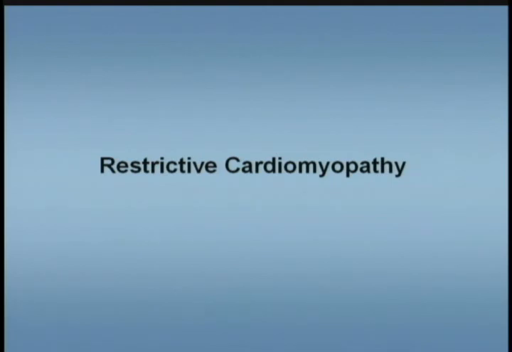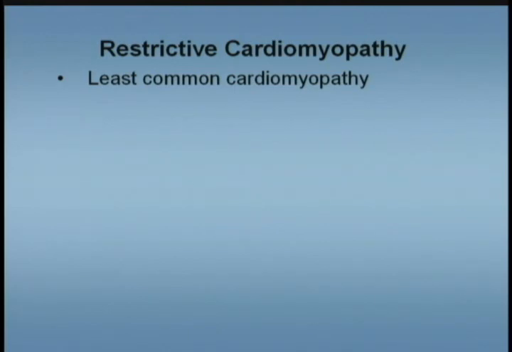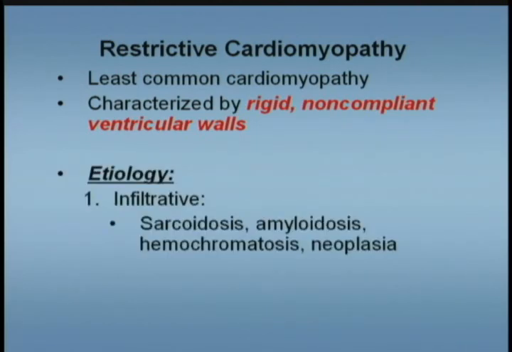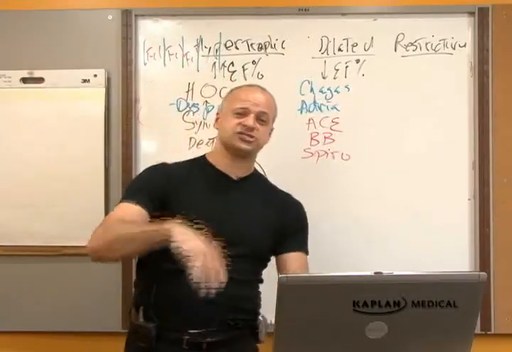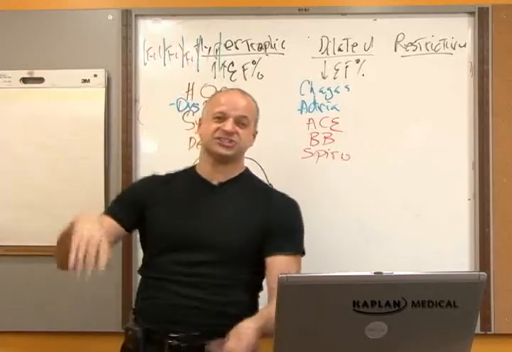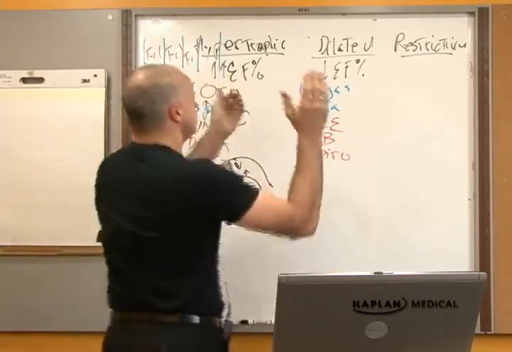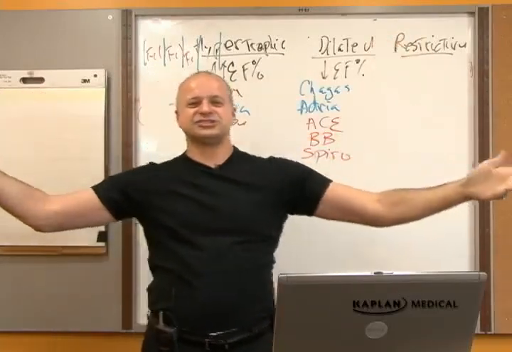Restrictive cardiomyopathy, what do I need to know? I need to know that restrictive cardiomyopathy is something that is uncommon. Sarcoid, uncommon. Amyloid, uncommon. Hemochromatosis, uncommon. Cancer and fibrosis, uncommon. Sarcoid, amyloid, hemochromatosis, cancer and fibrosis. Yes, these are